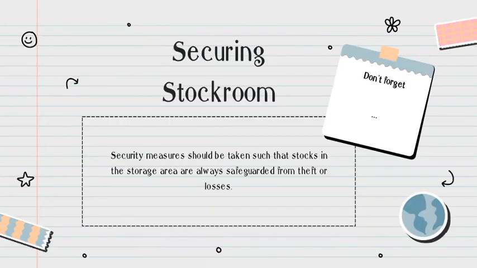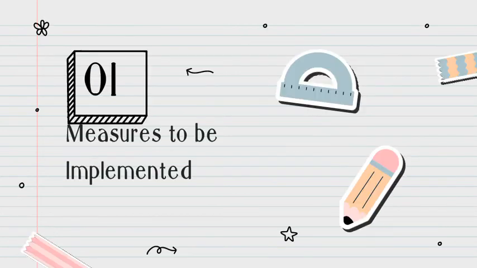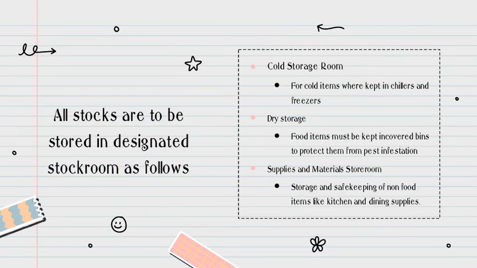So next is securing the stockroom. Security measures should be taken such that stocks in the storage area are always safeguarded from thieves or losses. So don't forget, the next is the measures to be implemented. First, all stocks are to be stored in designated stock rooms as follows. There is a cold storage room for cold items we keep in chillers and freezers. The dry storage, where food items must be kept in covered bins to protect from pest